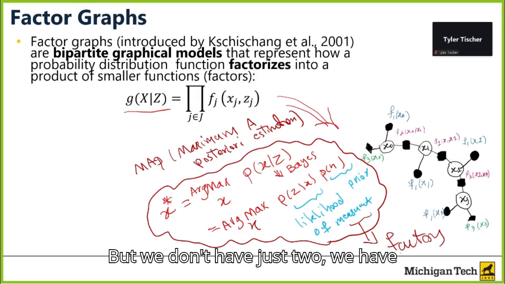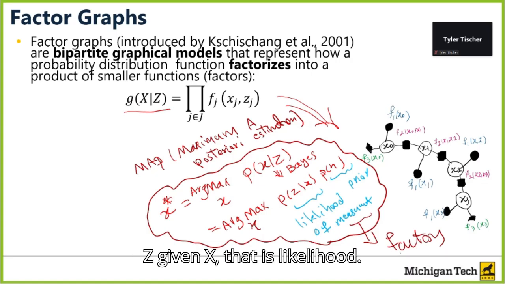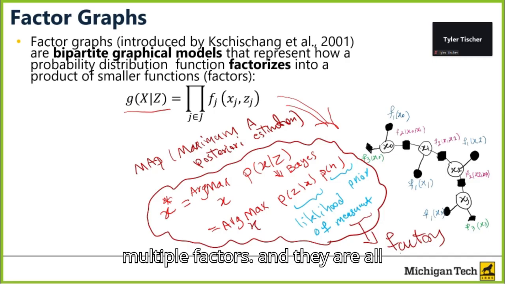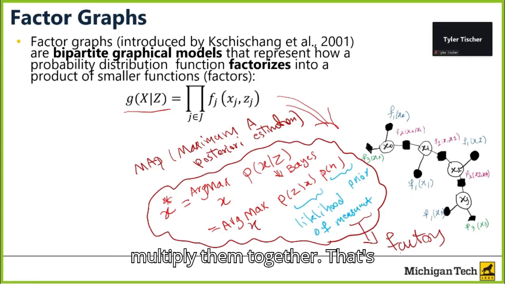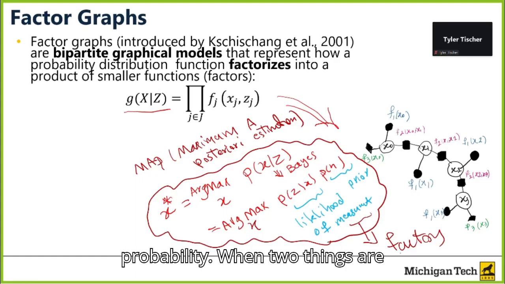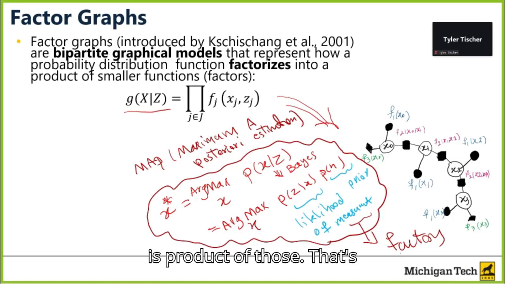But we don't have just two, we have lots of them. Doesn't matter, because P of z given x, that is the likelihood. If we have lots of z's that are independent, they can easily break down to a product of multiple factors, and they are all factors. For the prior, the same too. If you have many priors, we just need to multiply them together. That's probability. When two things are independent, the probability of the joint is the product of those. That's coming from